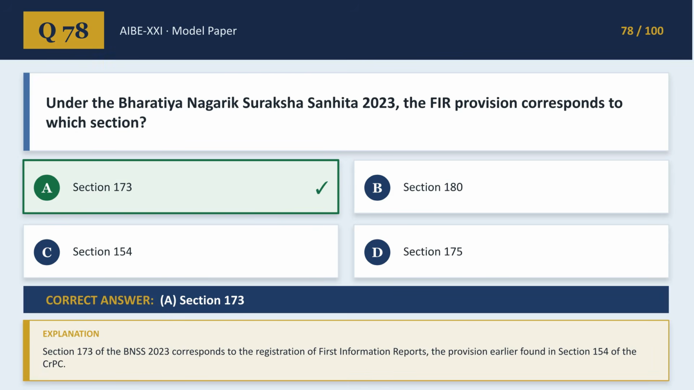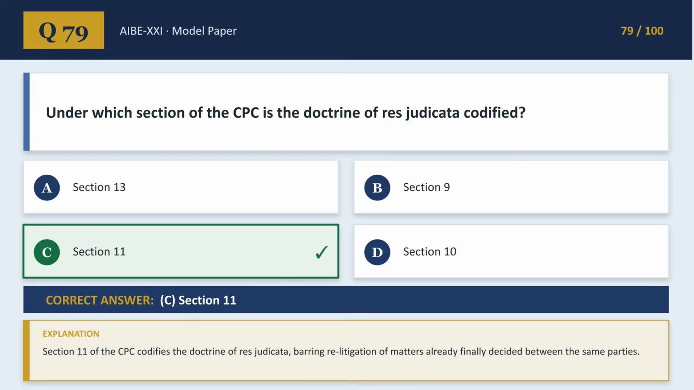The FIR provision under the Bharatiya Nagarik Suraksha Sanhita 2023 corresponds to Section 173. This replaces the former Section 154 of the CRPC, detailing the procedure for registering first information reports. The doctrine of res judicata is codified under Section 11 of the CPC. This section prohibits the trial of any suit or issue that has already been directly and substantially in issue in